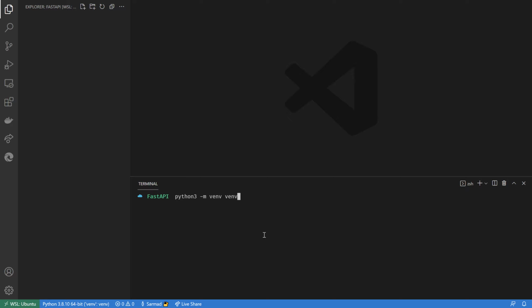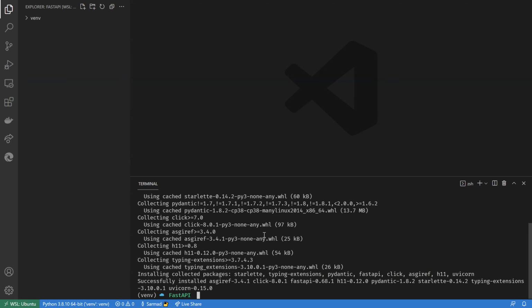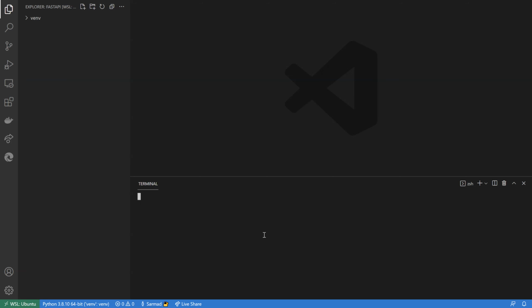which we can do like this, and then we'll source to activate the environment. So to install FastAPI and its dependencies, just do pip install FastAPI and uvicorn. So just give it a minute while it's downloading and installing the packages, and after it's done,